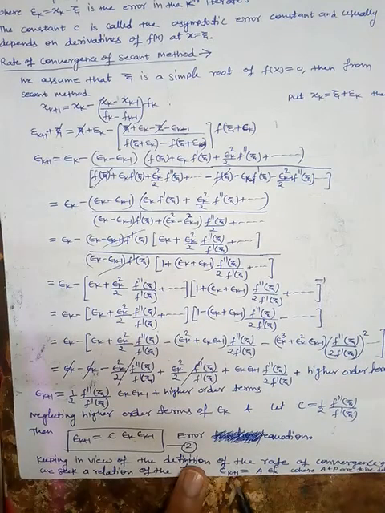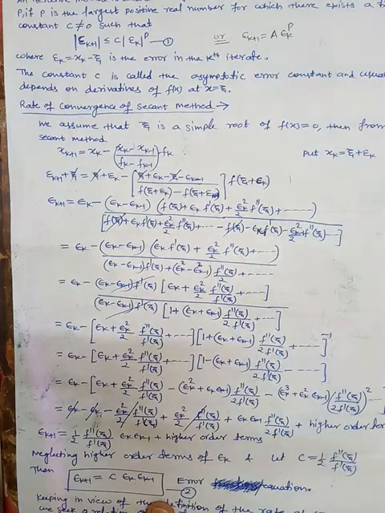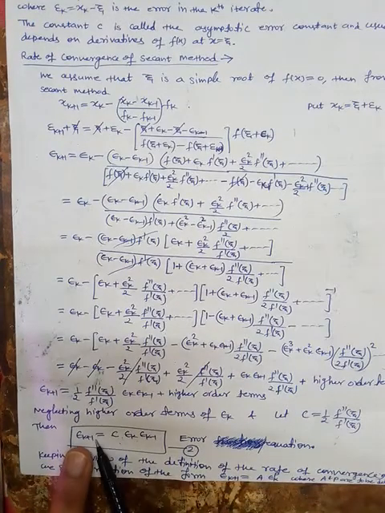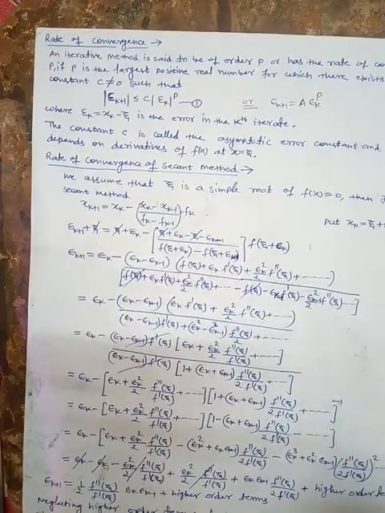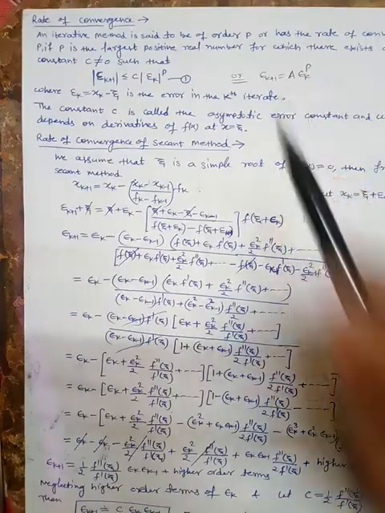So here epsilon k plus 1 is a epsilon k raised to the power p by the definition of rate of convergence, and here a and p both are constants which are to be determined with the help of this equation. Now we will use this equation and this equation. Here we have the terms epsilon k plus 1 and epsilon k minus 1, so we will find out the values of these two terms in the form of epsilon k.